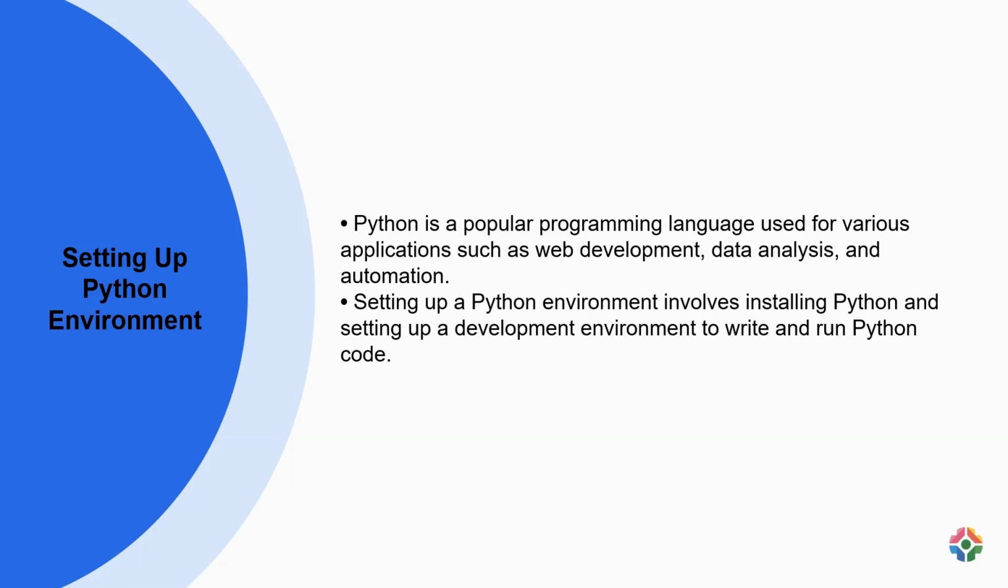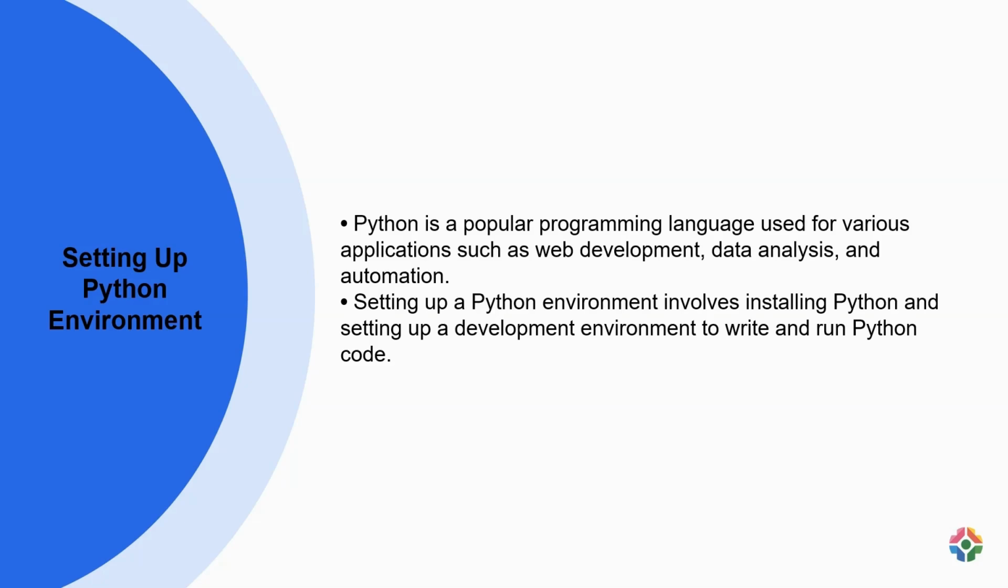For instance, in data analysis, a data scientist would need to set up Python along with libraries like NumPy and Pandas to manipulate and analyze data efficiently. Similarly, a web developer will require a Python environment with frameworks like Django or Flask to develop web applications seamlessly. In automation, a system administrator might need Python along with modules such as Paramiko for automating tasks like server management. Therefore, establishing a Python environment is crucial for individuals working in these fields to leverage the capabilities of the language